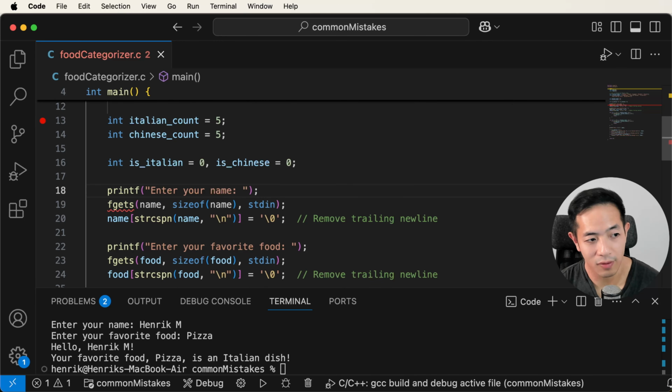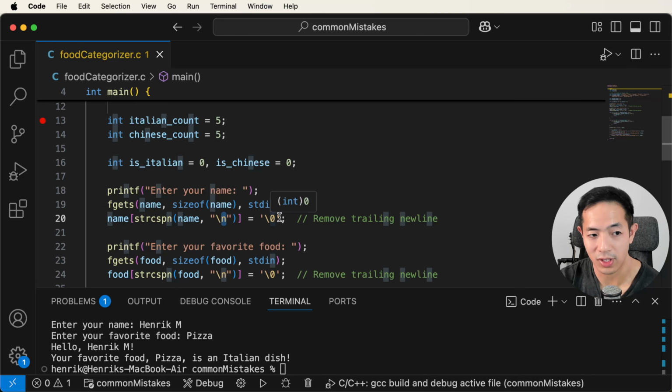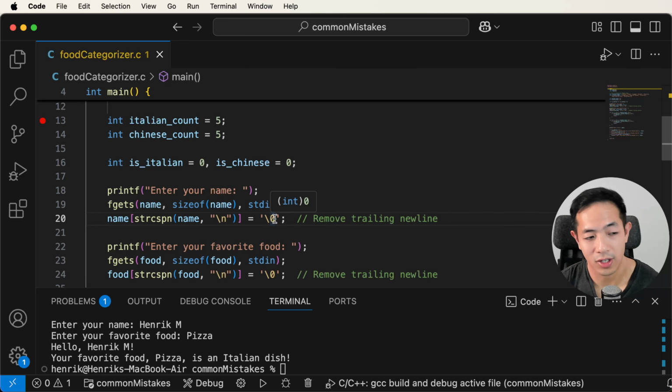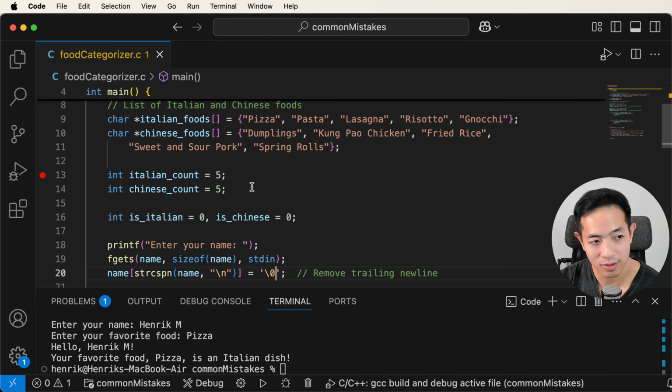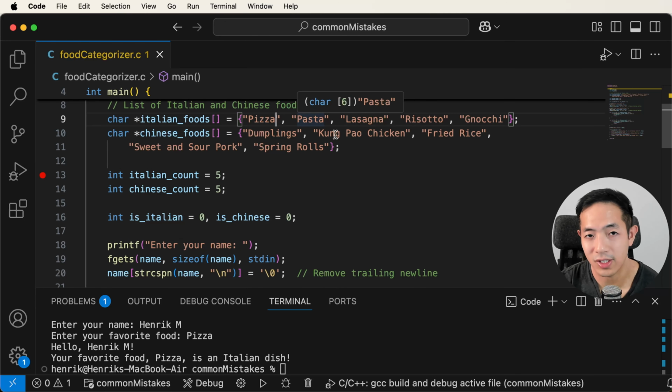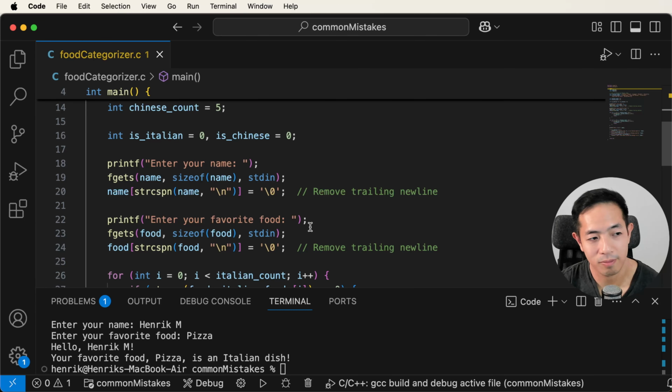There's also quirks with fgets. Like we had to make sure with fgets, it was reading in the end of line character. We have to replace it with the end of string character instead. So this is why you should build your code incrementally and make sure you test things out first. Test different cases and make sure you're handling any edge cases or corner cases. And that's how you make sure you don't make these mistakes, and then it'll be a headache trying to figure out what happened in your program.